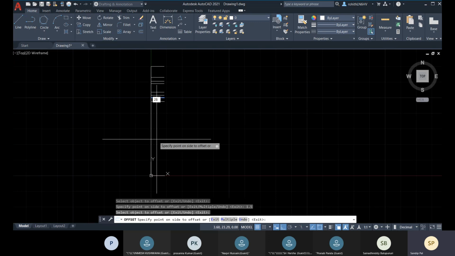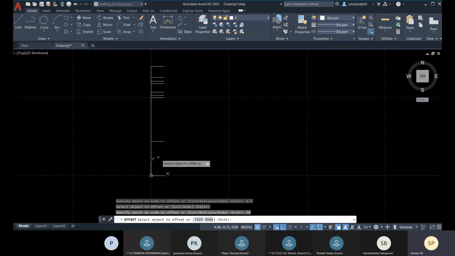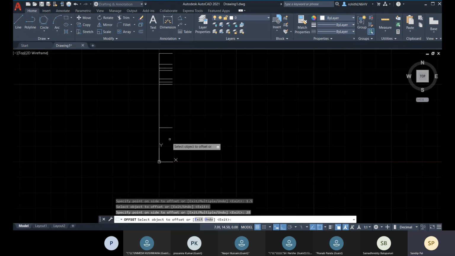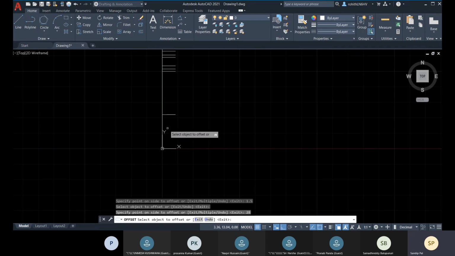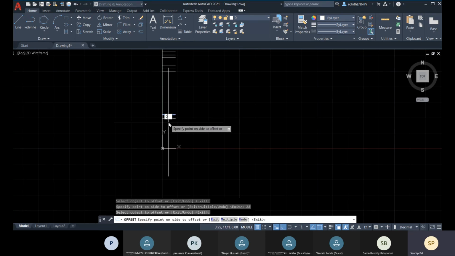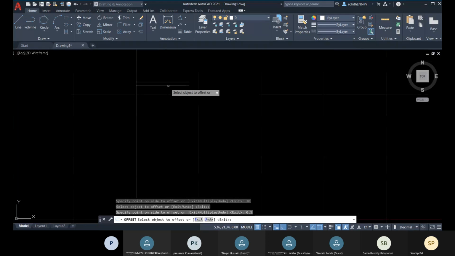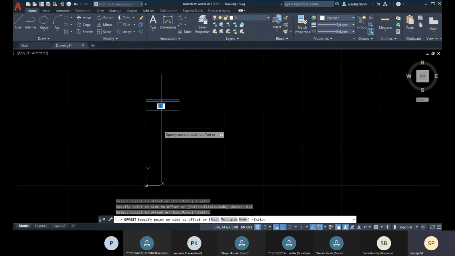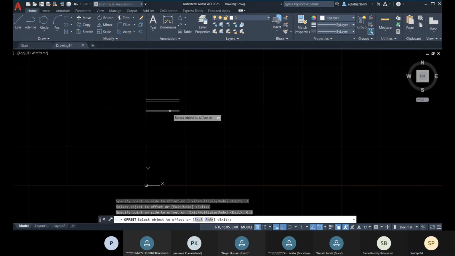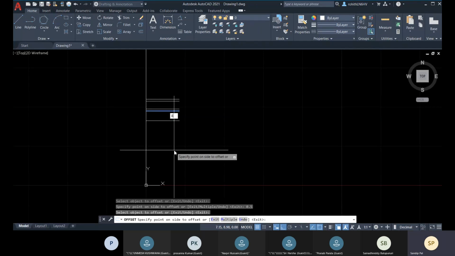This will go for 28, enter, right? And then go for 0.5, enter, then go for 2, enter, 0.5, enter, then go for 8, enter.